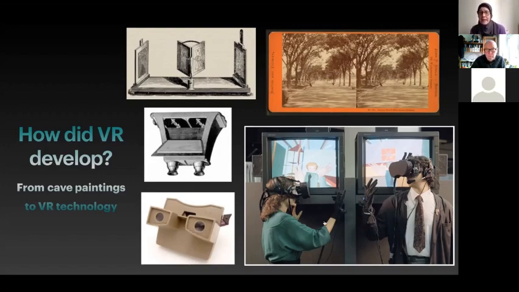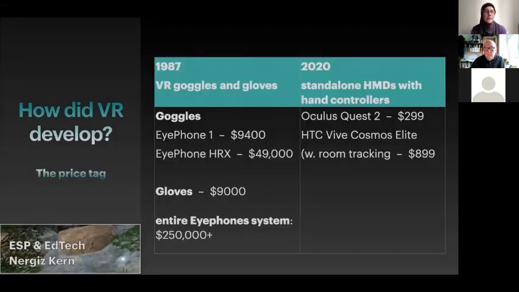And then again, what is very close to what we have now with virtual reality is what you see in the photography. And what you can see there is the iPhone. And if you look at the price of the iPhone in the mid-80s, quite pricey.